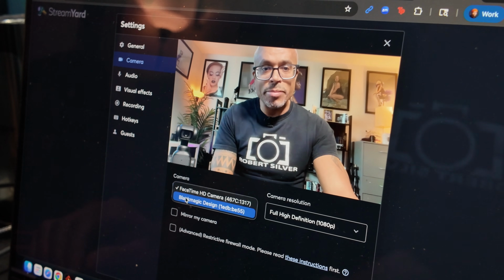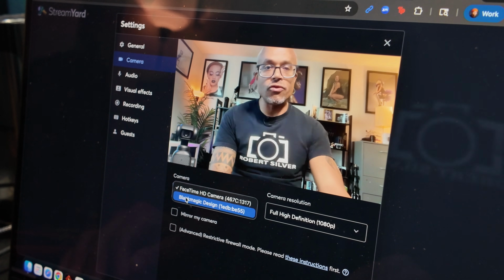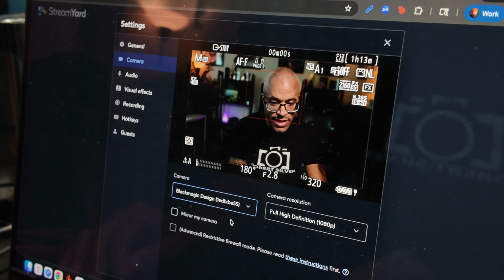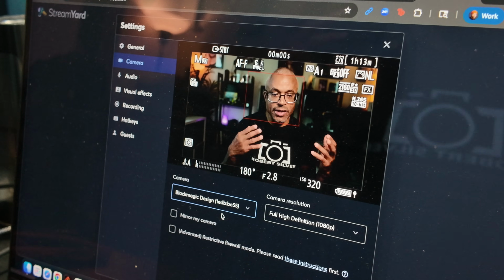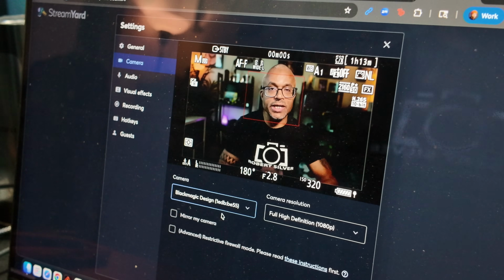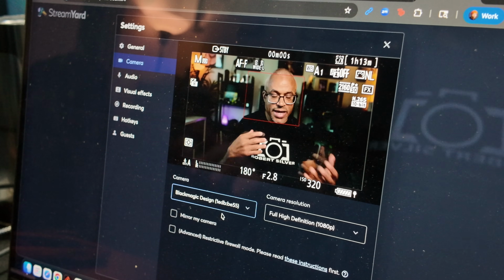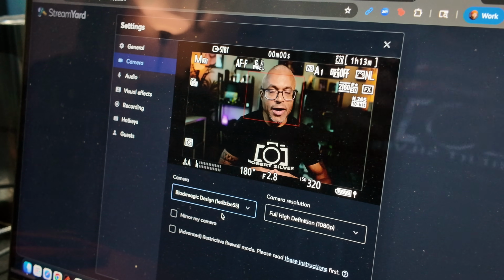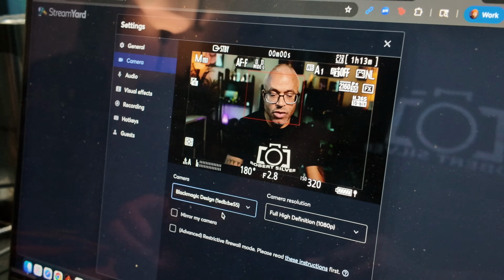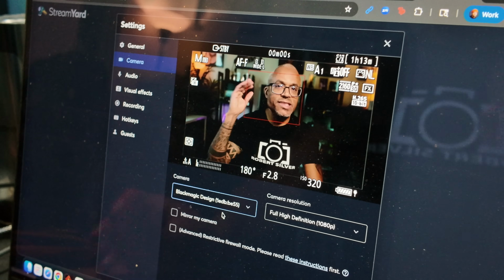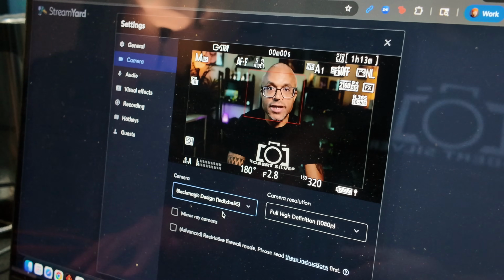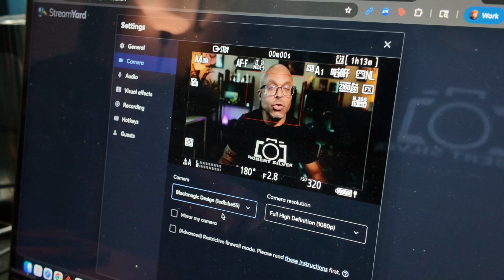Boom, there it is, already ready for us to use. So I click that, and you can already see the amazing, beautiful quality compared to the default camera setting of the laptop itself. So you've just instantly stepped up your game, and all you did was connect the Nikon camera you already had